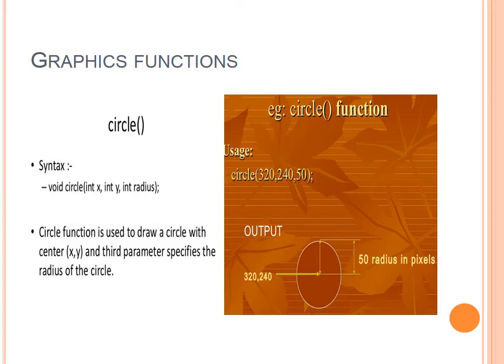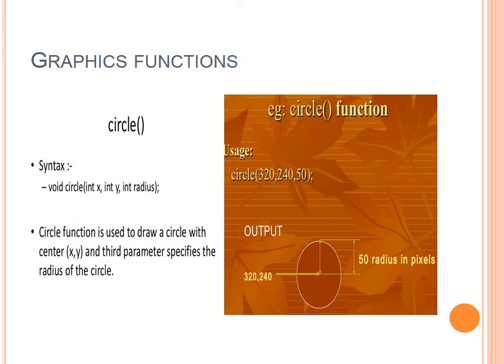Next is the graphic function, the circle function. The circle function is used to draw a circle with the center x and y, and the third parameter specifies the radius of the circle. The syntax used is void circle(int x, int y, int radius); give the semicolon.